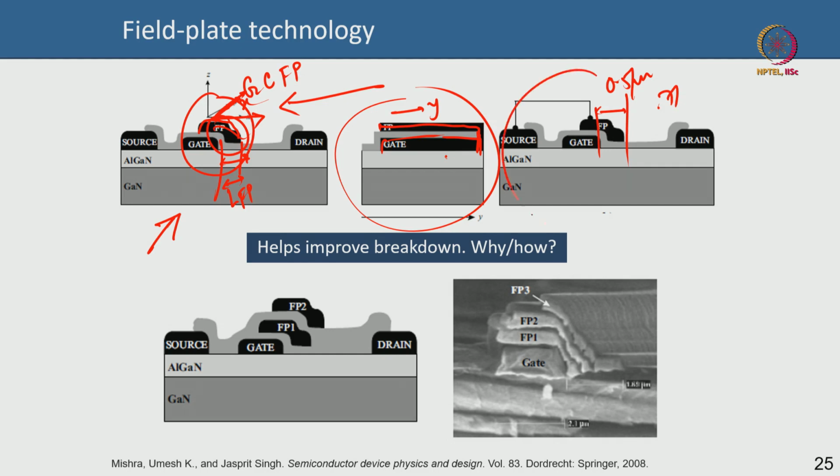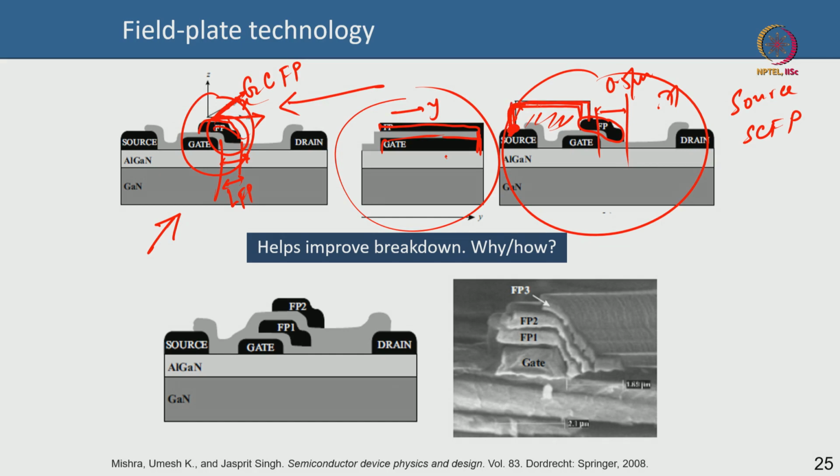This structure is, by the way, a source connected field plate, SCFP. When you have a source connected field plate, the source is metallically shorted to the metal here. This metal is not shorted to the gate now, because otherwise the source and gate will be shorted. So, this field plate metal is isolated from the gate, but it is metallically shorted to the source, and the wire does not go on top of this like that, but in general you have dielectric filling up everywhere. Then you open the dielectric, there is a hole, the metal will be exposed in the source,